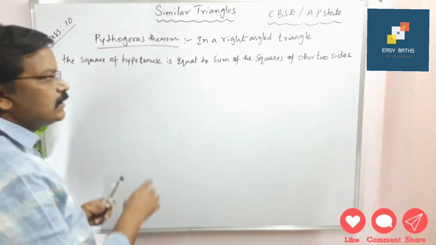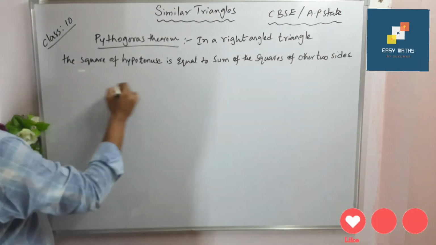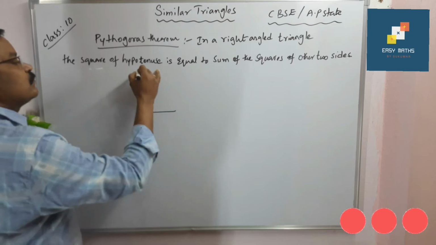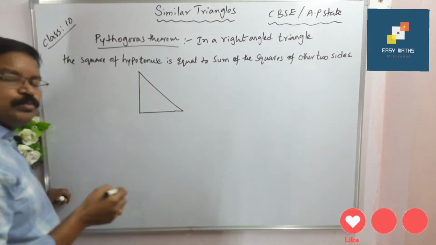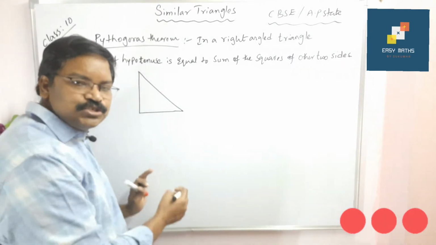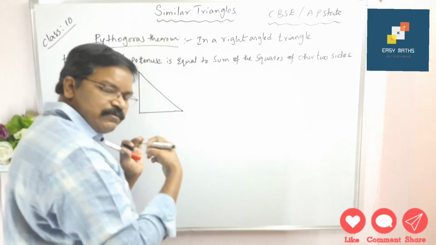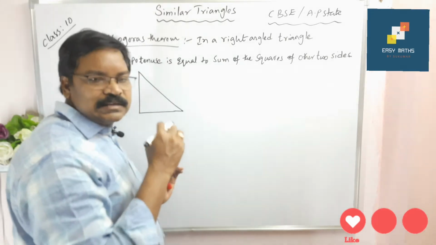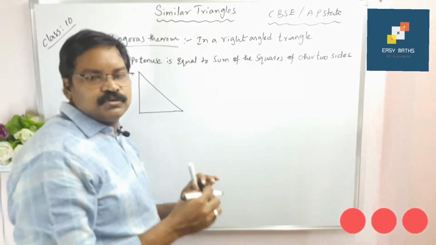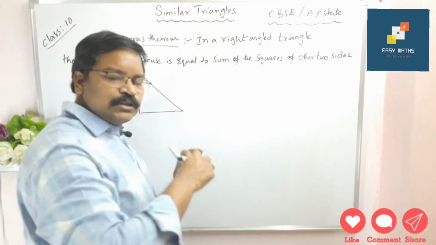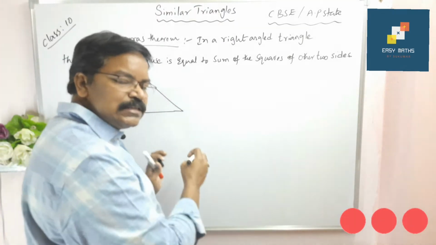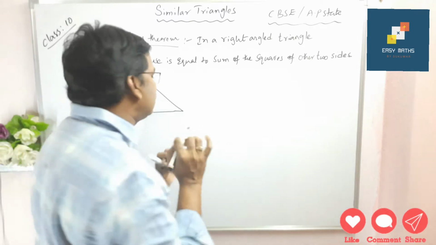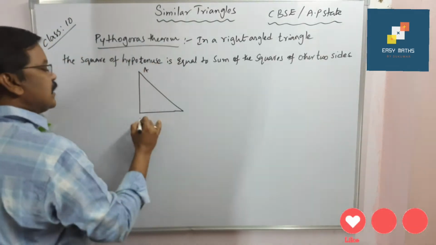That means in a right angle triangle, I will take a right angle triangle. Listen carefully, my dear students. Please concentrate here and do practice also. Whatever I teach today or in my videos, please do practice. I request everyone who is watching, whether you like my videos or not, but please practice. I request only that one, right? So here this ABC is a right angle triangle.